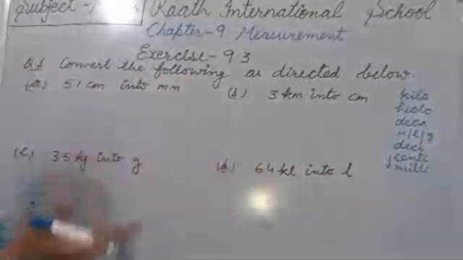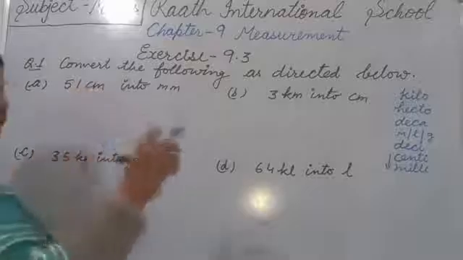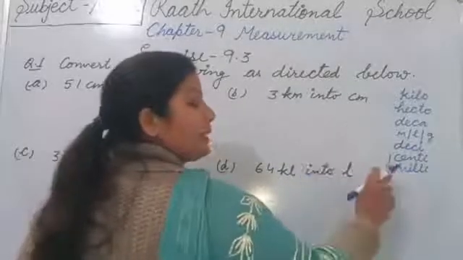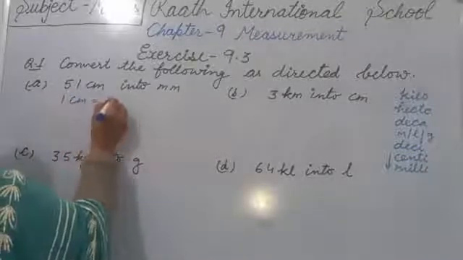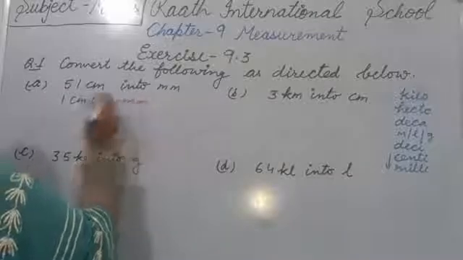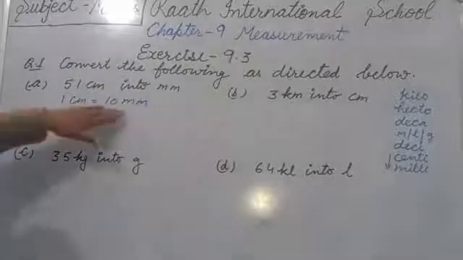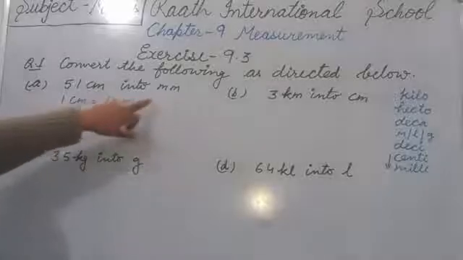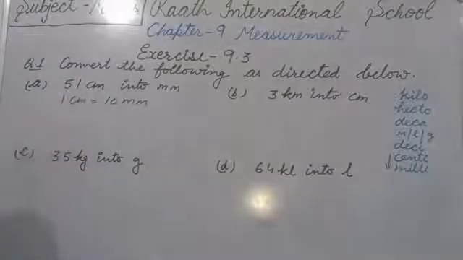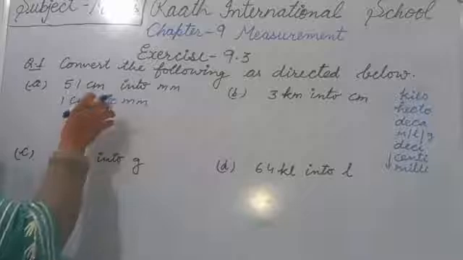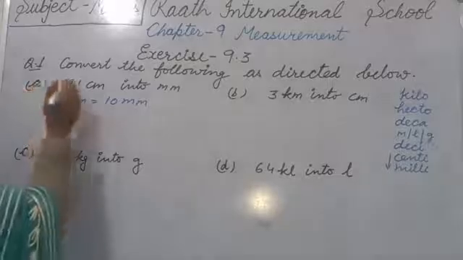Now the next after centimeter is millimeter. So that means the relationship of 10. Because when it is next, it is 10, at second number 100. So 1 centimeter equals 10 millimeter. As I told you, with the big unit we put 1, and with the small unit 10, 100, 1000, whatever relationship there is with the smaller unit. Millimeter is small, so with millimeter we use 10. And big is centimeter, so with centimeter we use 1.